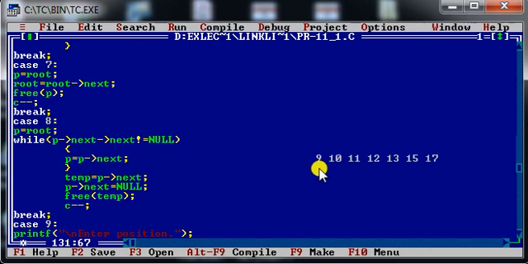Instead of that, I will set one more pointer variable to element number 9, and that is p. So I have written p is equal to root. It means initially p and root, both of these two pointers will point to element number 9. Now in a while loop, I am checking whether p of next is not equal to null.